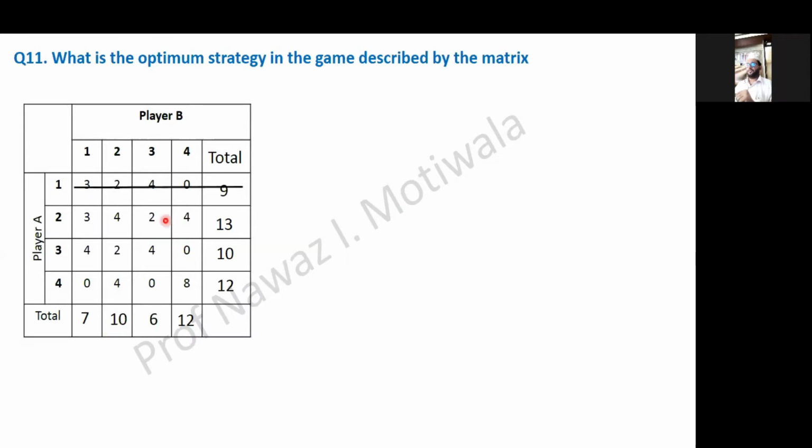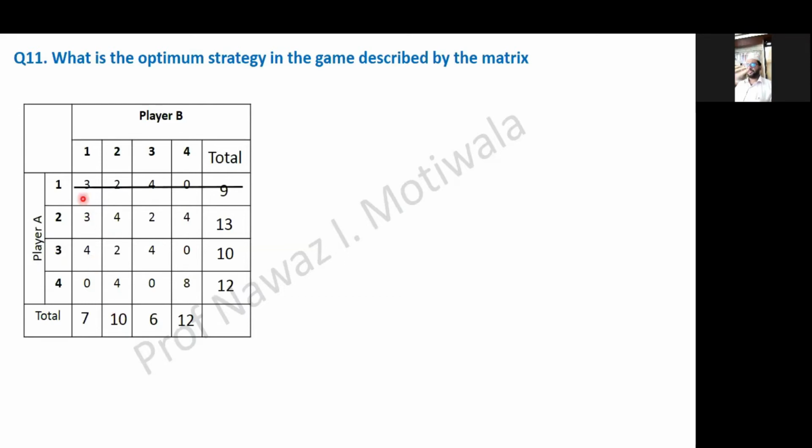So 4 and 4 equal, less, less. So here you can see 4 and 4 are equal. 2 is greater than 0. 4 is less than 8. Again there is no proper dominance. Then compare this one, 4 and 1. So 3 is less than 4, but 4 is greater than 0. Here again we are not finding any dominance. So let us now shift to other possible combinations. So let us now check row 1 with other rows. Comparing column 1 with column 2.